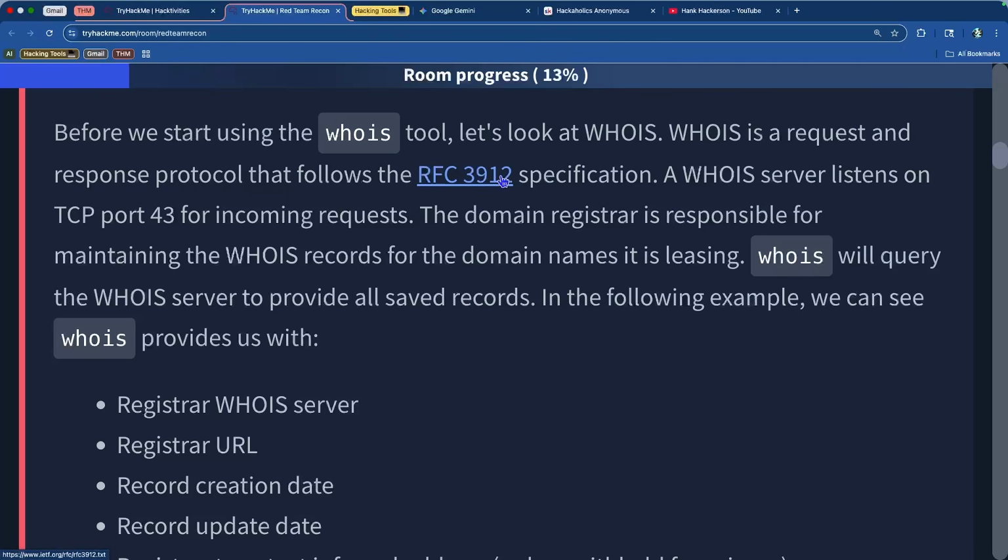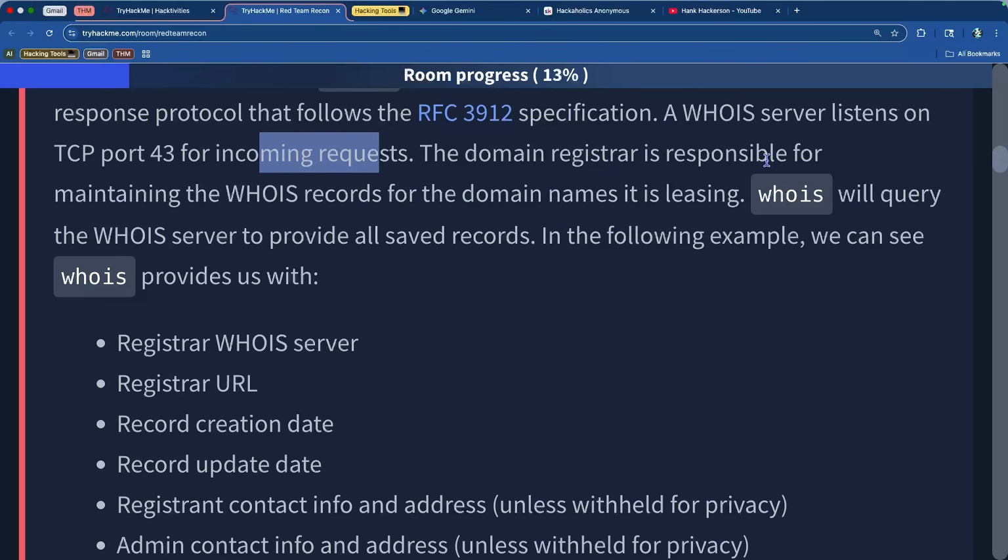That's kind of what this stands for. But it's basically an article, so to speak, that explains what this does, right? So Whois listens on the TCP port 43 for incoming requests. The domain registrar is responsible for maintaining the records for the domain names that it is leasing. So Whois will query the server to provide all of these saved records if they are public, because a lot